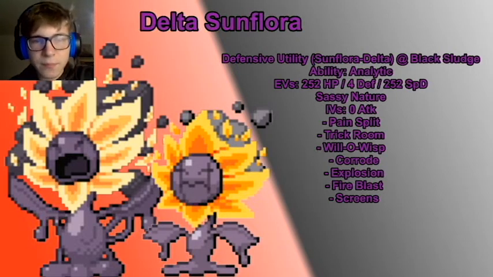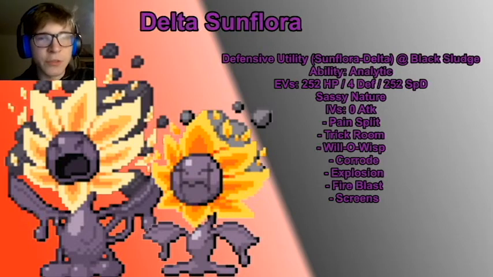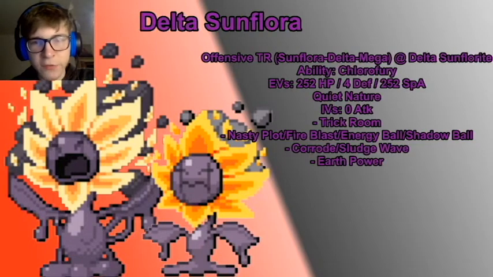It also gets Fire Blast if you don't want to run Corrode. I just put some moves. I think in general you just run Pain Split, Trick Room, Will-O-Wisp, Corrode, and then maybe Explosion over one of those 4 moves on a defensive set. And going to a more offensive set, offensive Trick Room